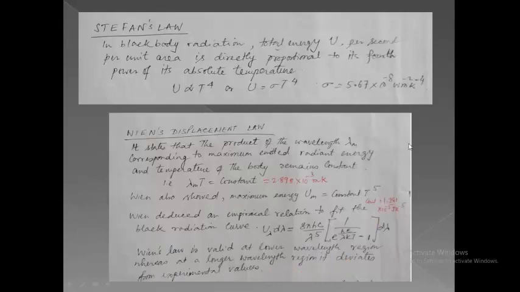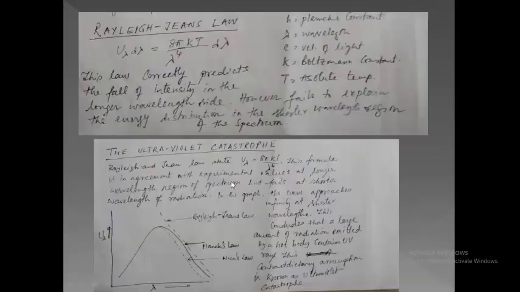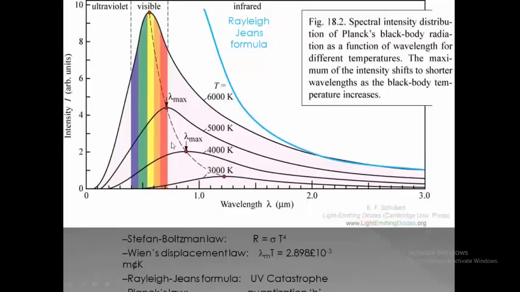If you want a better picture, I can show you that Wien could explain this increasing part, but could not explain the decreasing part of the curve. He could explain the increasing part for all the temperatures, but failed to explain the decreasing part. Okay. Now, if you just go back to the previous slides,